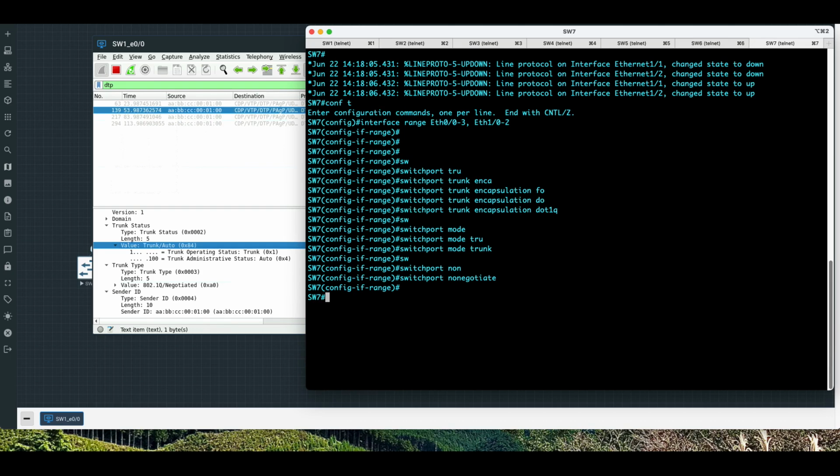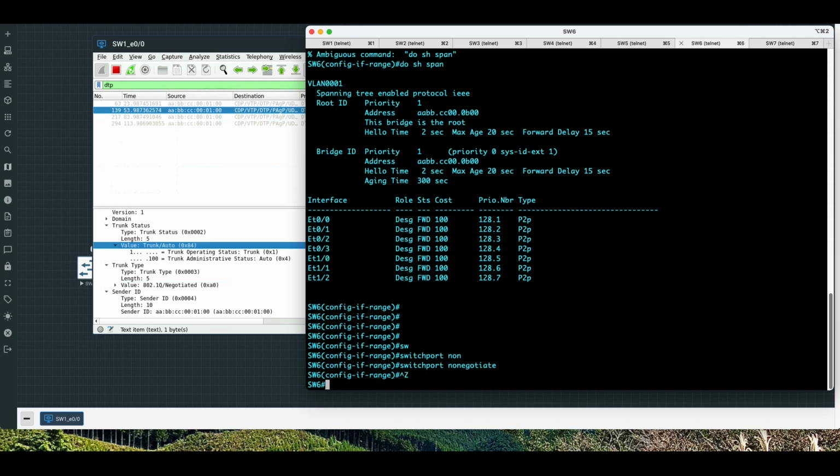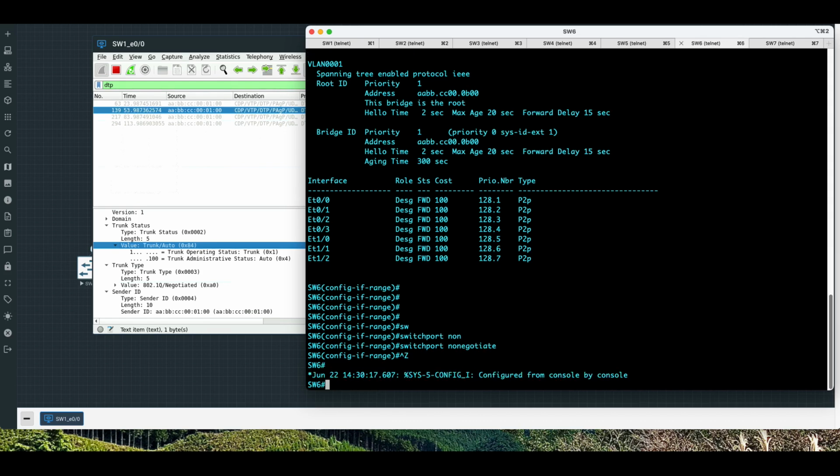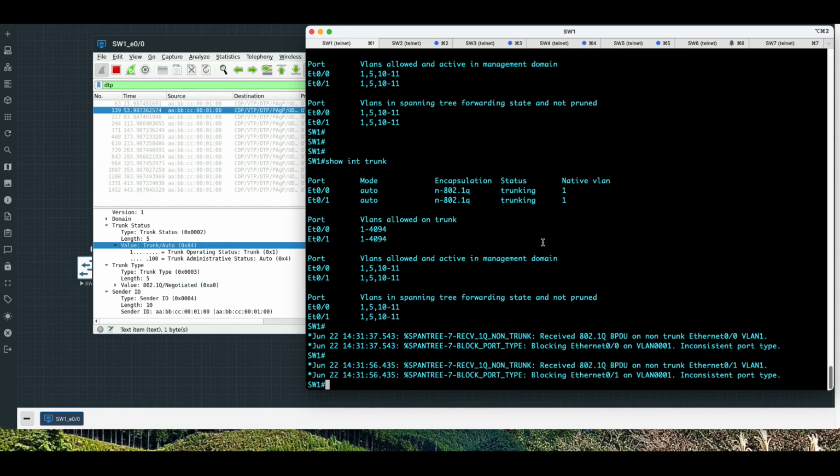Let me copy configuration to the non-volatile memory and the RAM. Okay, about trunks. It took a few minutes to react to this situation, and switch 1